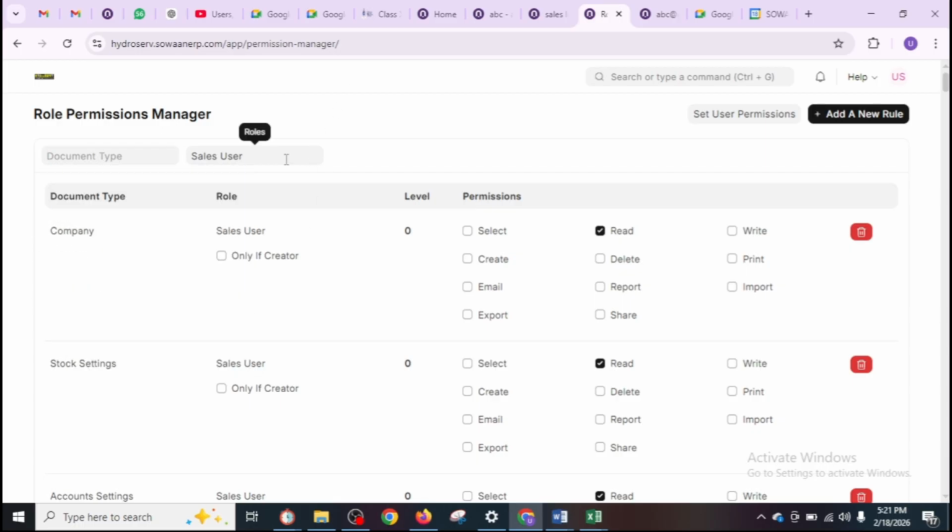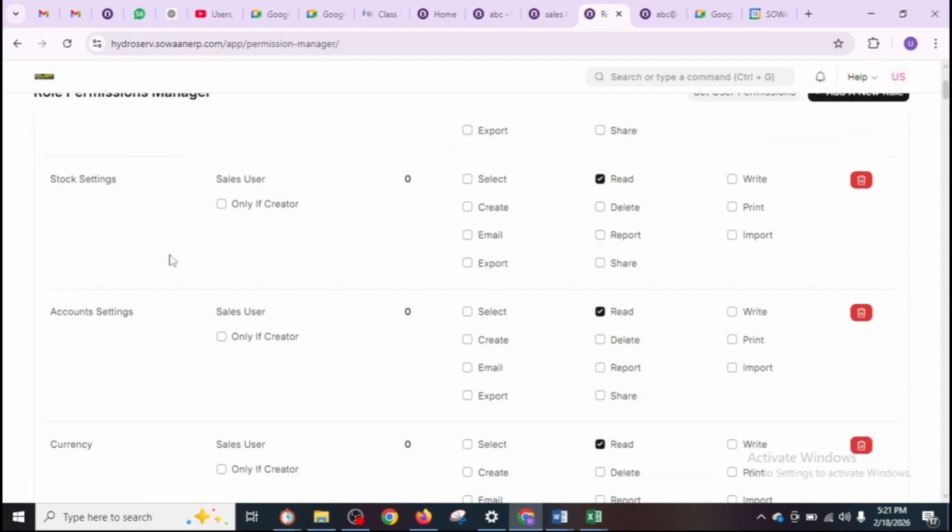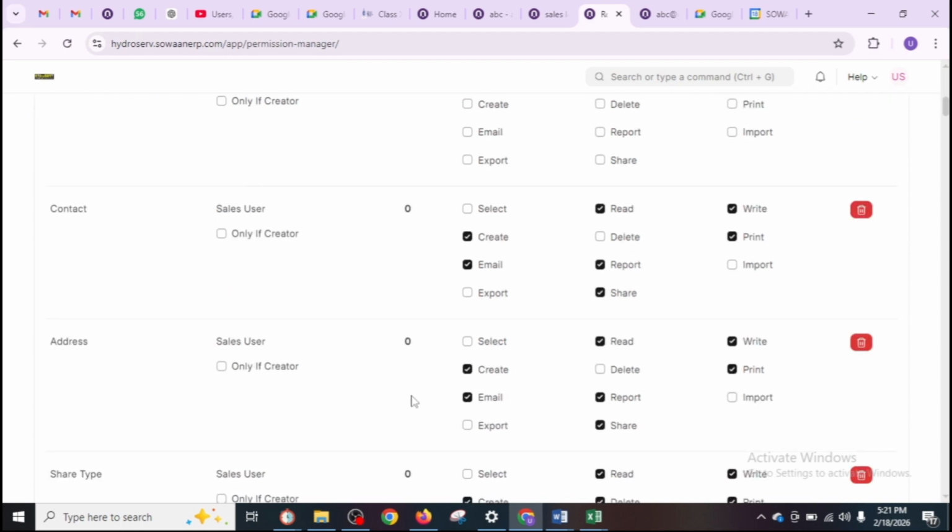So first I am coming through it from the user list. Let's say I select sales user. I want to know what a sales user can do. So I just type sales user here, and sales user can do certain things with the address document. He can